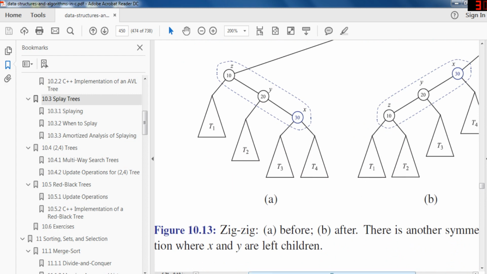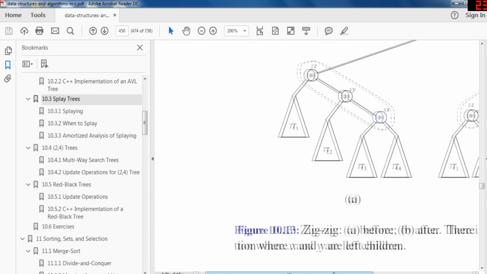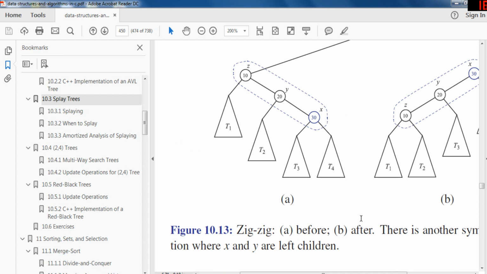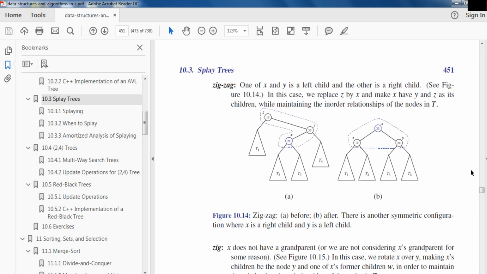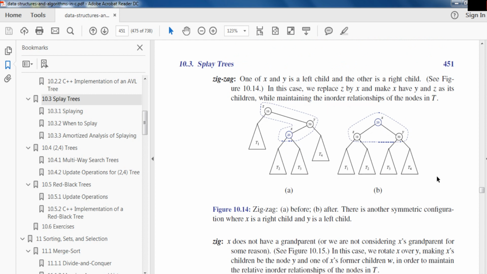This is another symmetric configuration where X and Y are left children. I don't quite understand why this is more balanced. Okay, so the node X and this parent are both left children and right children. I kind of like the other one better, but I don't know. So zigzag: one of X and Y is a left child and the other one is a right child. So if it's like this,